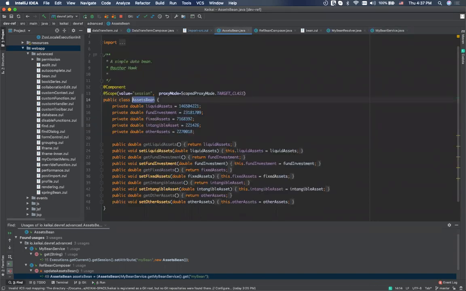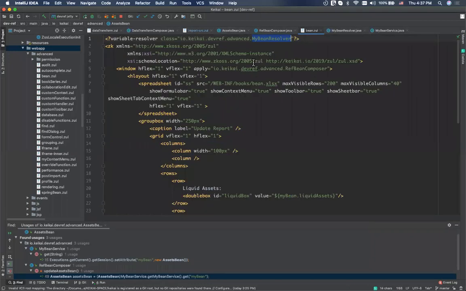The bean is just your domain object. It could be a person, a car, anything. So this contains the data. Maybe you query it from your database or another data source, and you construct a bean here, and you provide getters and setters here. So when someone requests a bean, it goes through this variable resolver,